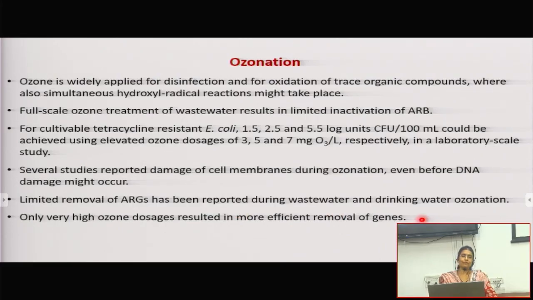The whole way ozonation works is that we give pure oxygen. In an ozonator, we actually pump pure oxygen and that gets converted into ozone. So all said and done, this is a very expensive process. You would not want to use very high dosages of ozone to tackle the genes. It's not a very smart move.